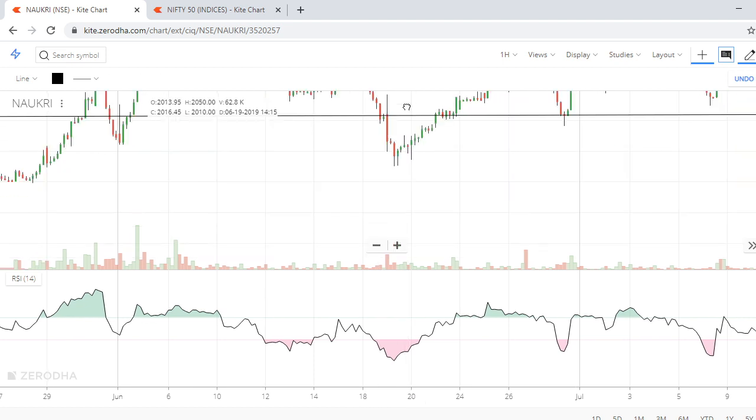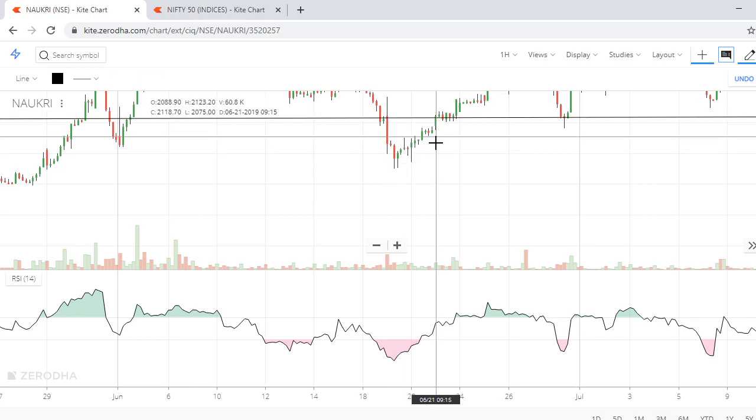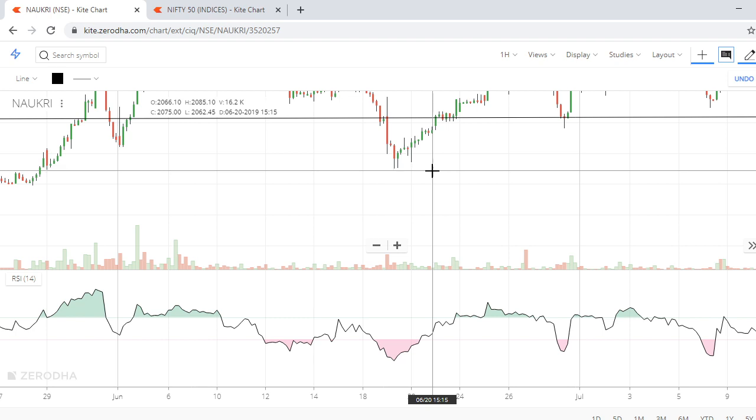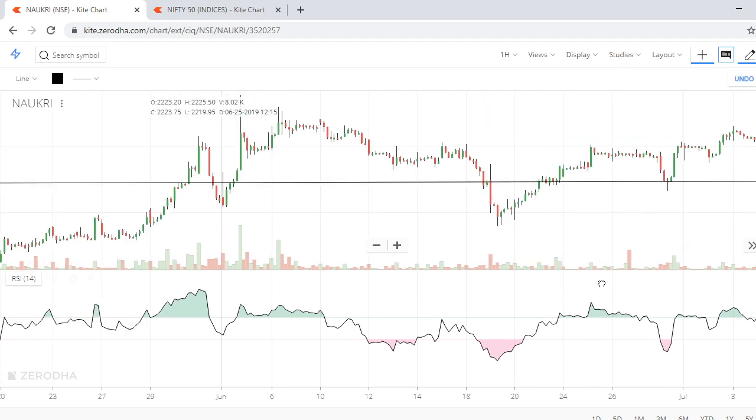Then if you short here again, good points from 2100 to 1950. So this can be used for the entry as a double confirmation indicator. I'm not asking you to take entry based on RSI. I'm telling you that based on RSI you can make the trade in a better way. You can improve your probability. You can take a double confirmation on this.